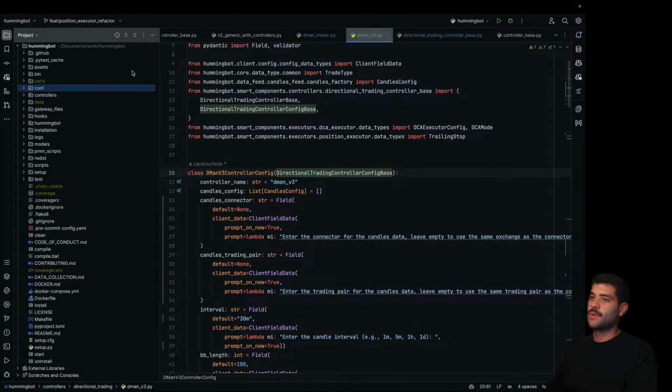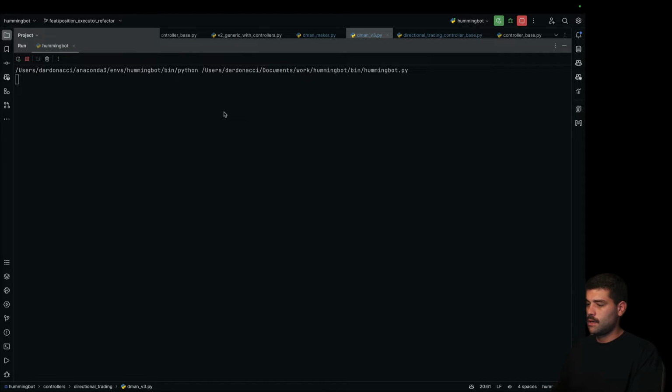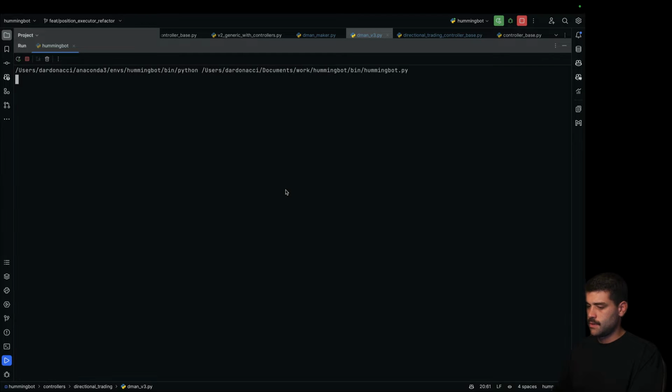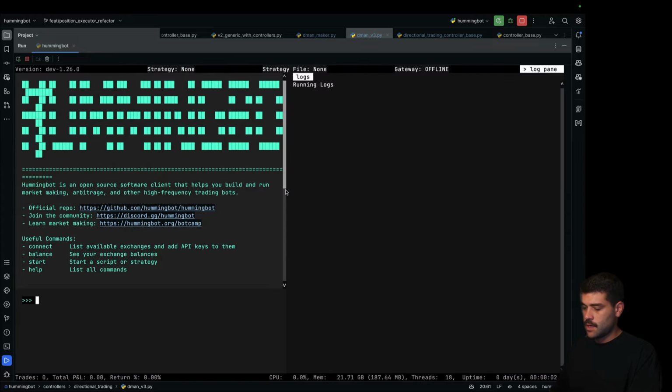This is the Hummingbot project. Probably if you're familiar with it, you know how it works. If not, you can follow the installation steps in the documentation to get started. I am using PyCharm, so I have it configured here. If not, you can run the command start. As you can see, I'm going to use the command connect